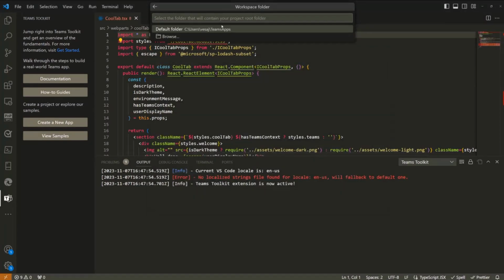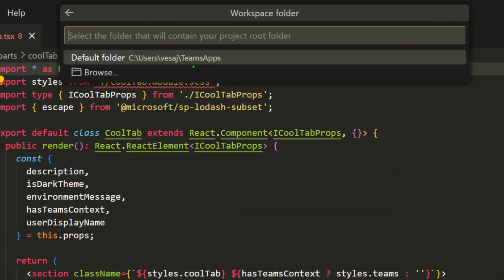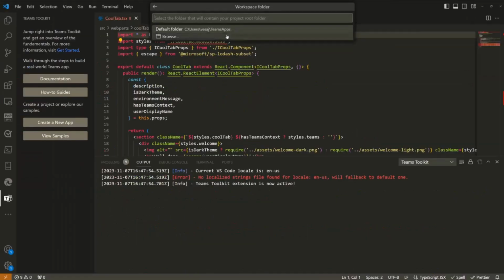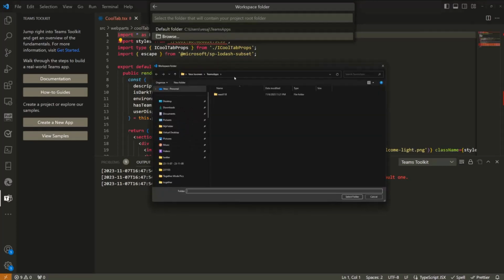The next question is, where do you want to store this solution? By default, it's using my C user account name. I don't like my C drive to get filled with random samples. So I'm going to go here and say, let's go to the E drive. Let's use that one as a quick path.